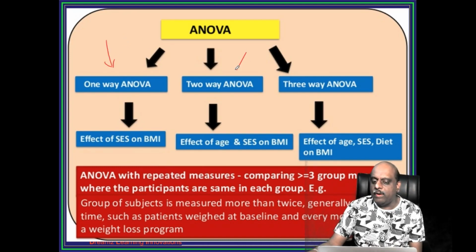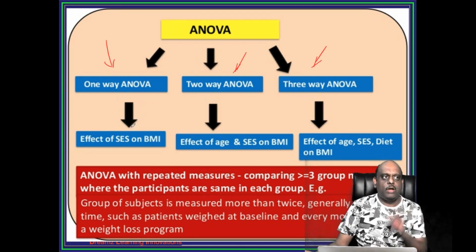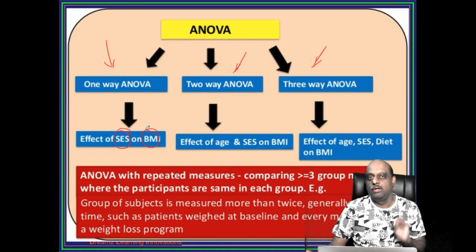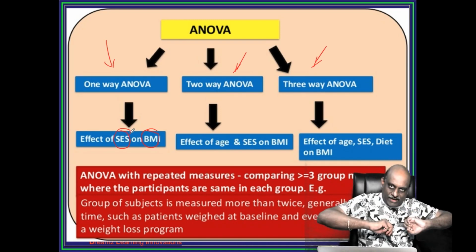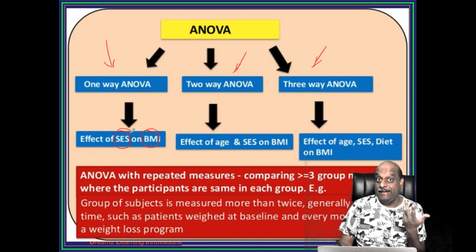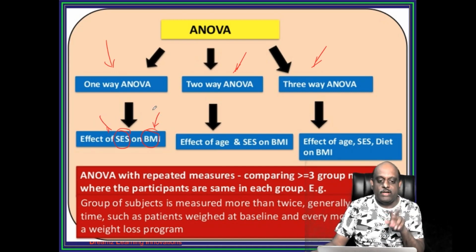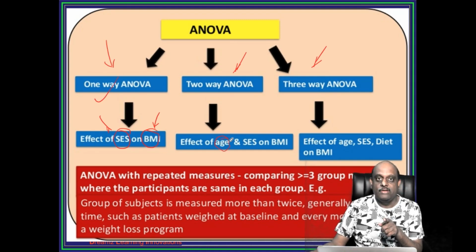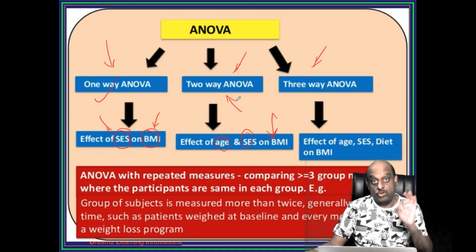ANOVA can be one-way ANOVA, two-way ANOVA, three-way ANOVA. Suppose you are trying to study the effect of socio-economic status on body mass index. अगर ज्यादा पैसे हुए तो मोटा होते, खाने के लिए पैसा नहीं है तो दुबला रहते. Is there any relation? You are trying to test. Only two variables you are testing, so one-way ANOVA. You are trying to test age, socio-economic status, and also BMI. Then you will be using two-way ANOVA,